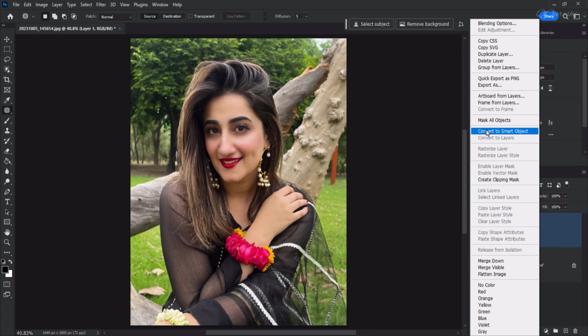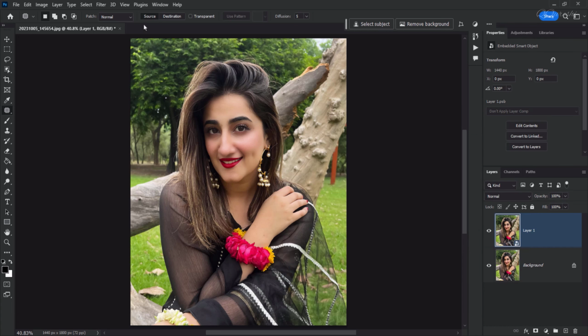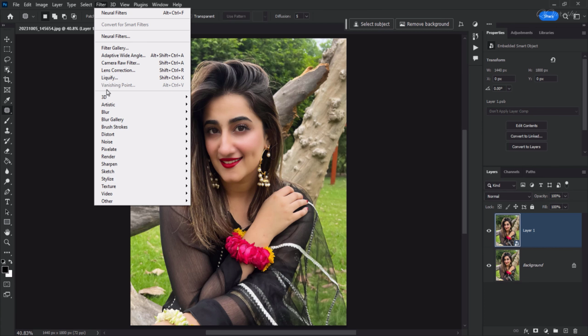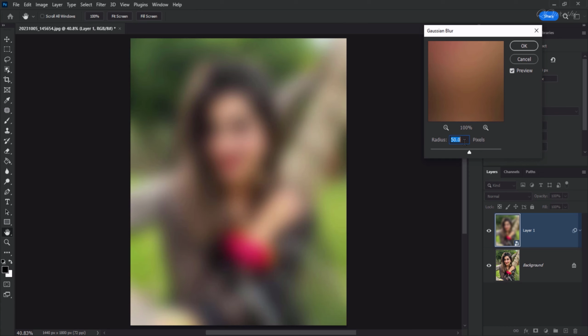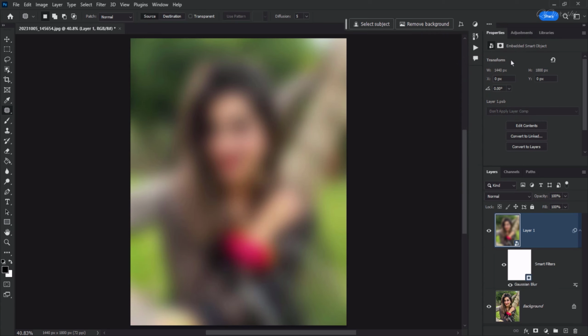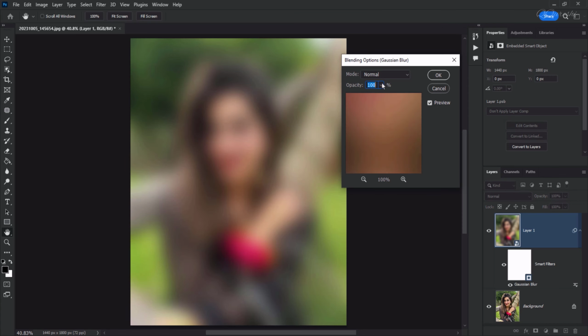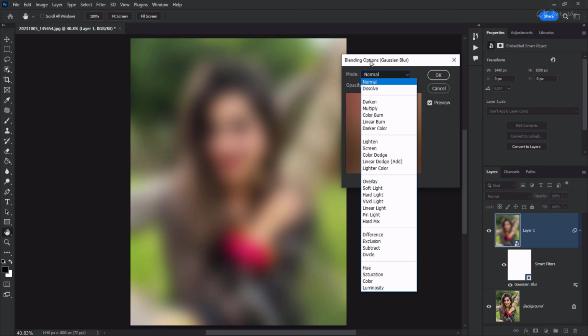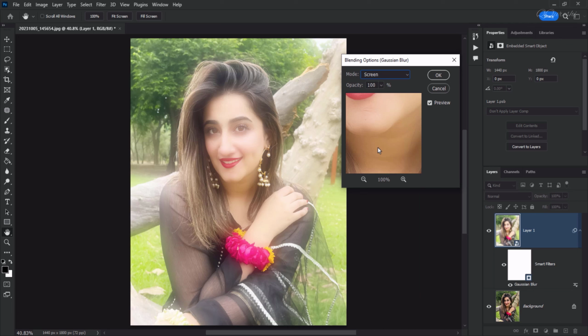Now, we will add soft glow to the image. Convert this layer to Smart Object. And Gaussian blur will be applied on it. Make the radius up to 50 pixels. Then hit OK. Now, if you look at that icon on the right with the filter, double-click on it. This will open up its blending options. Change blend mode to screen. Reduce opacity to